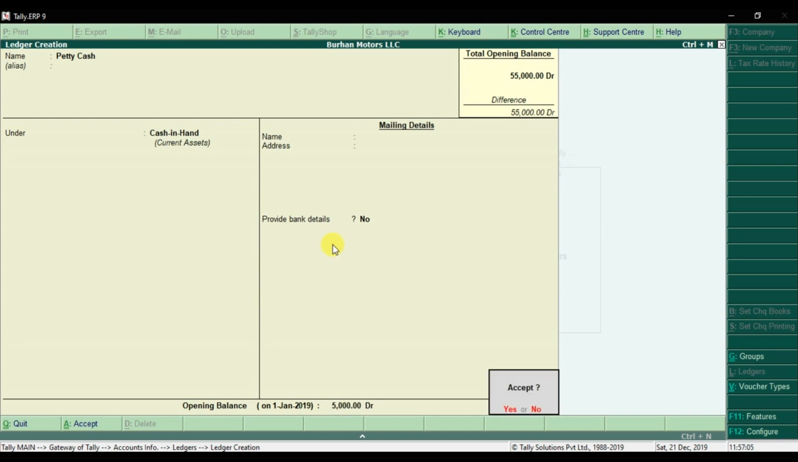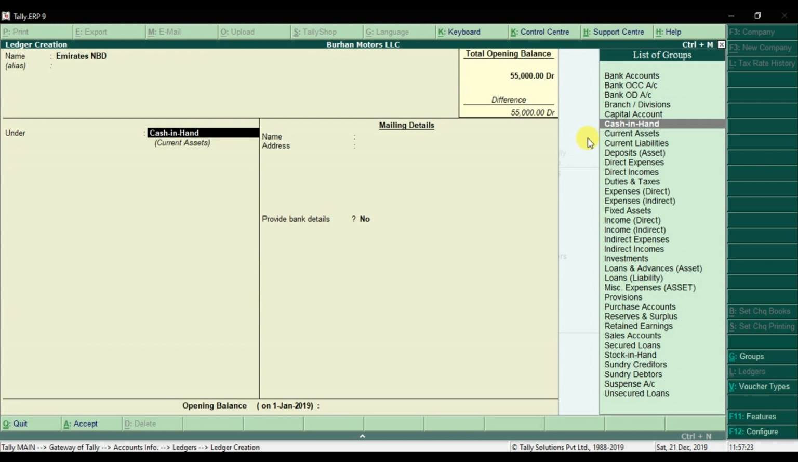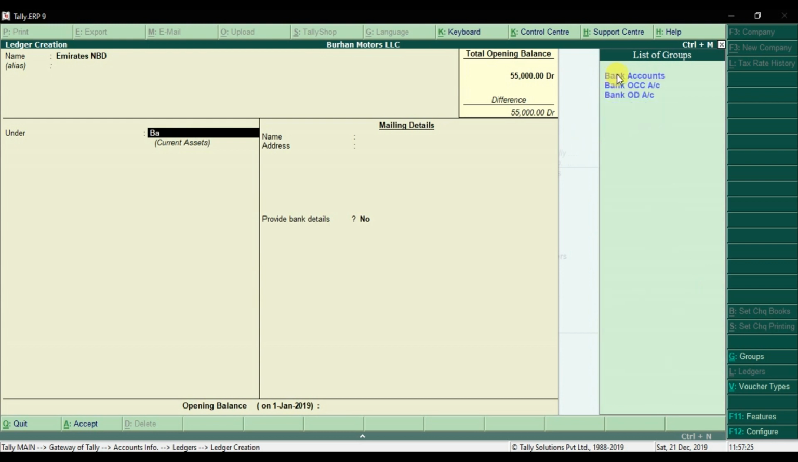Enter, save it. Next we have the bank, Emirates NBD. That is a bank here in UAE. Emirates NBD. Enter. And here, if I write bank, BAN,